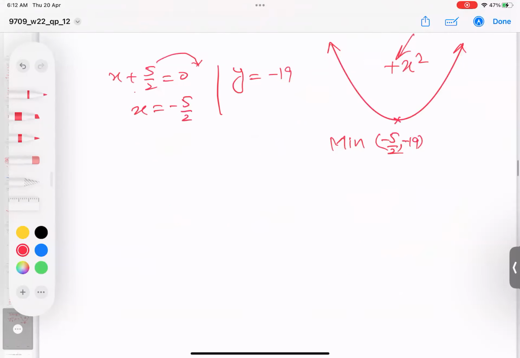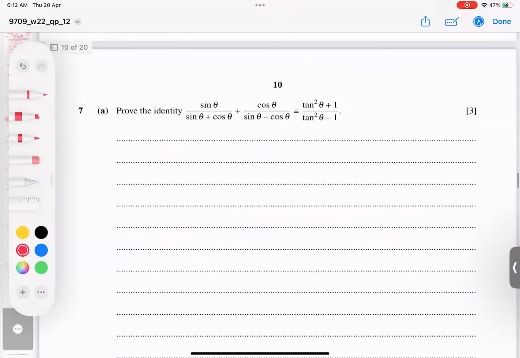And let's go for the next part. Next question, he's asking to solve this, proving an identity. So left